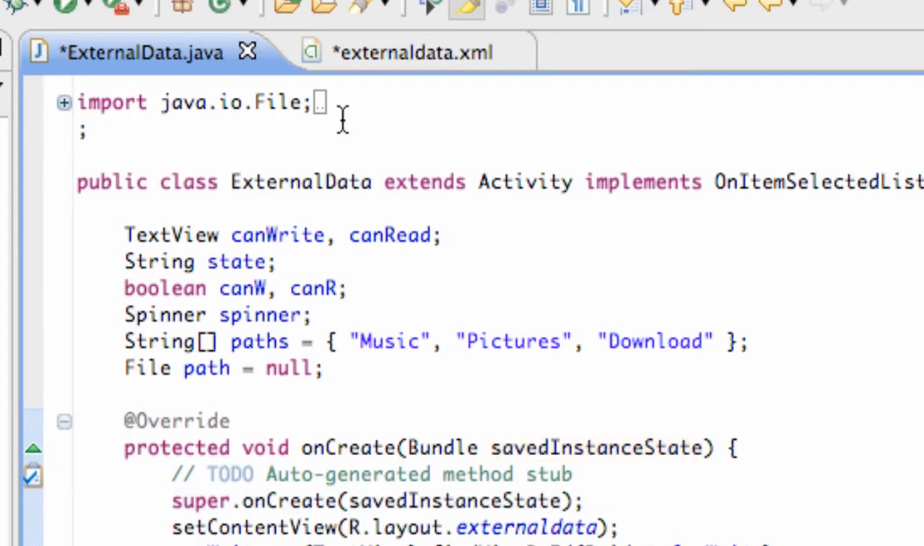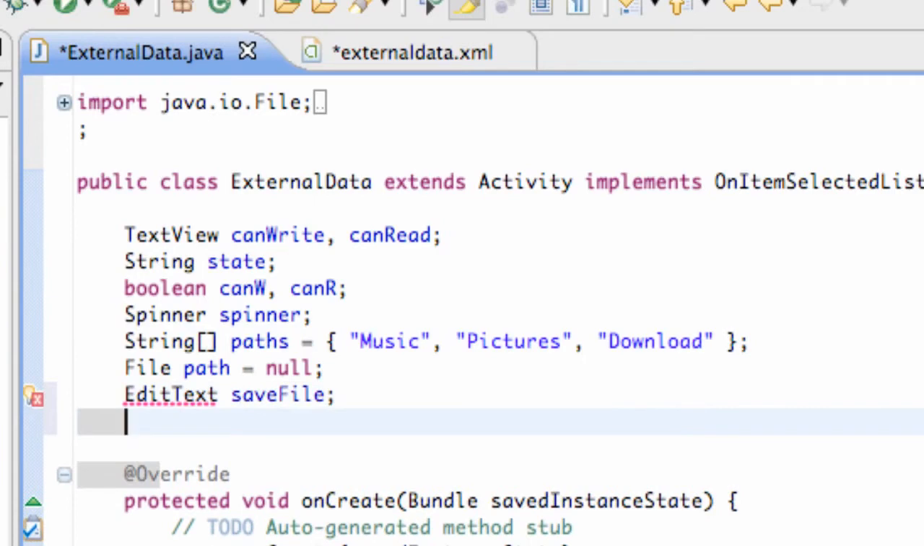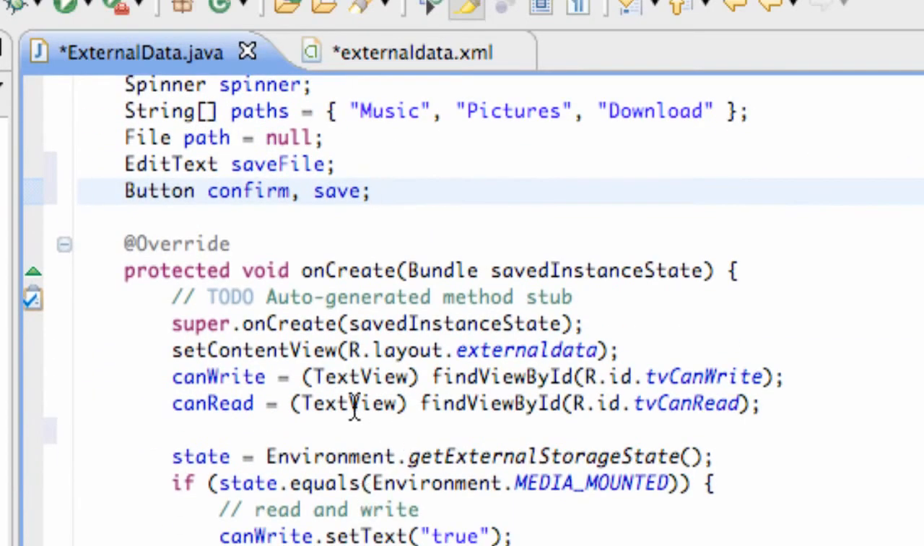So let's make everything accessible here for the whole class. We have our edit text, which is the save file, and two buttons, confirm and save. Just import both of those, and let's set up our references now. Our confirm